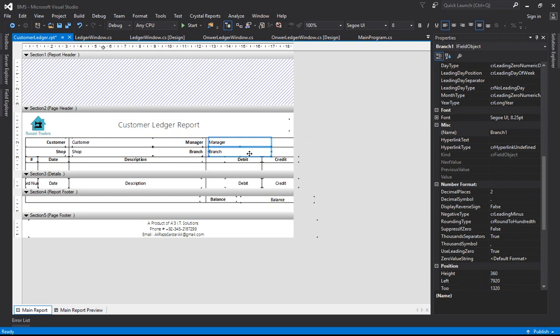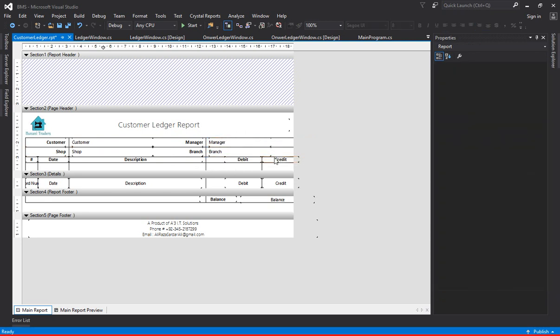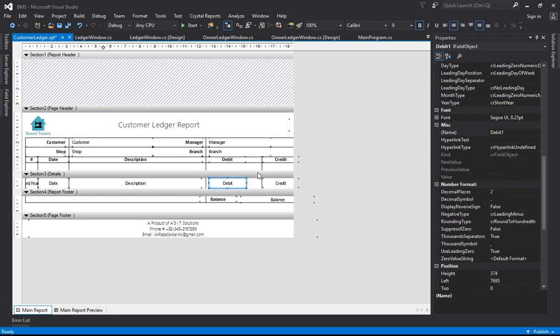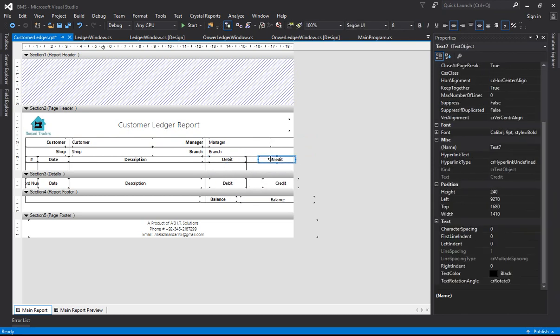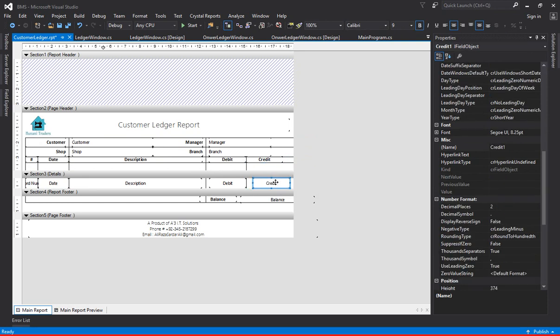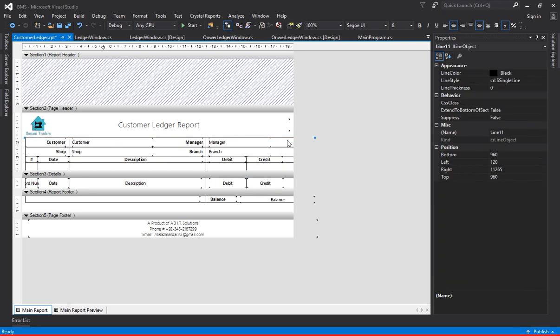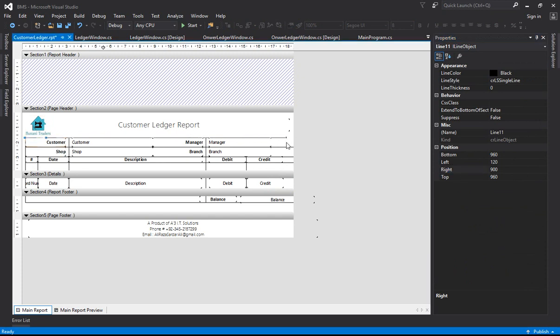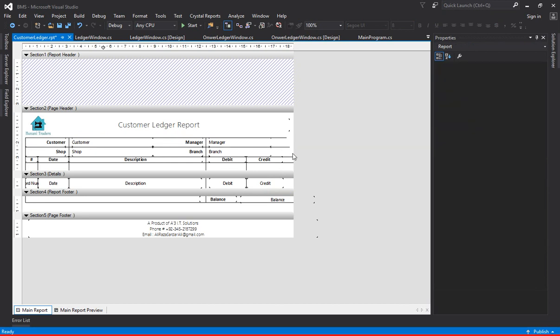So guys, designing takes a lot of time, so you have to be very careful while designing your report. Okay, so that's debit, and then come here, and then that's credit. So look guys, everything is now coming into the range. Okay, so from left it is, from right it is this. So let me write here 900, so that the line should be small, and now select it and put it like this. Okay, and now decrease its size and